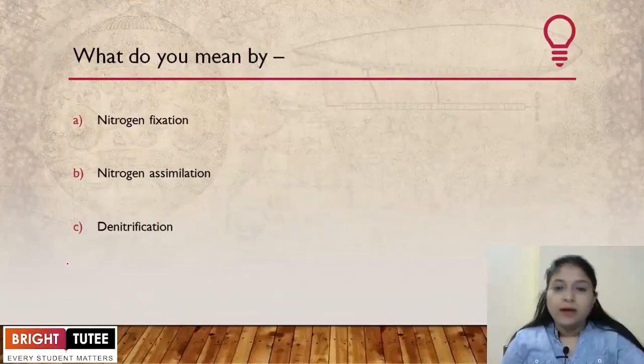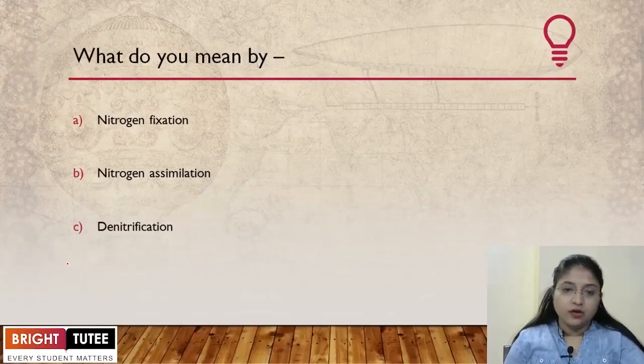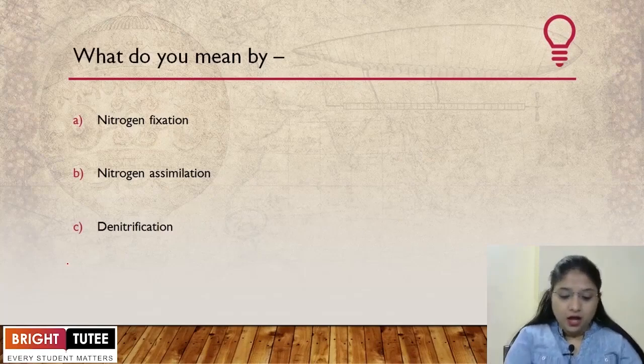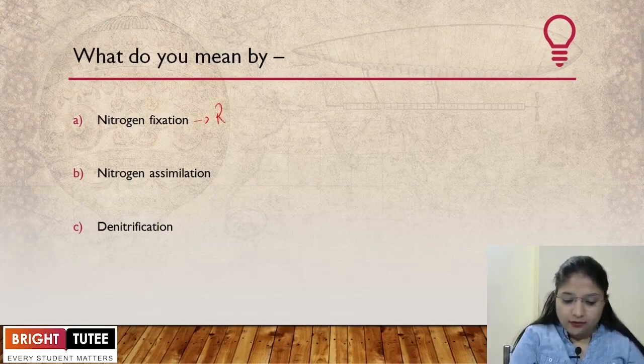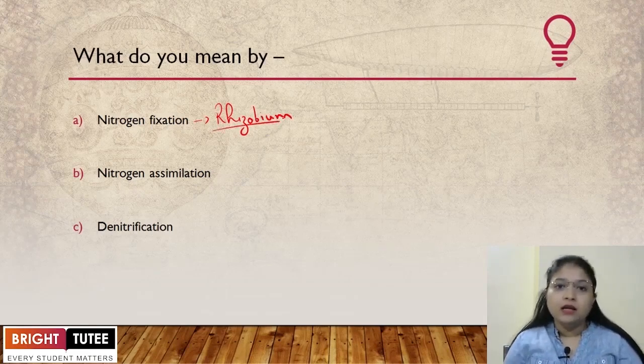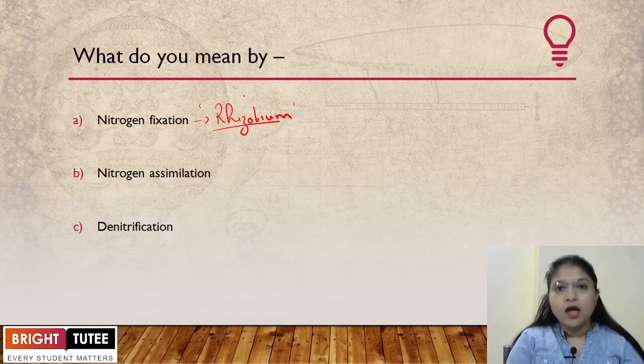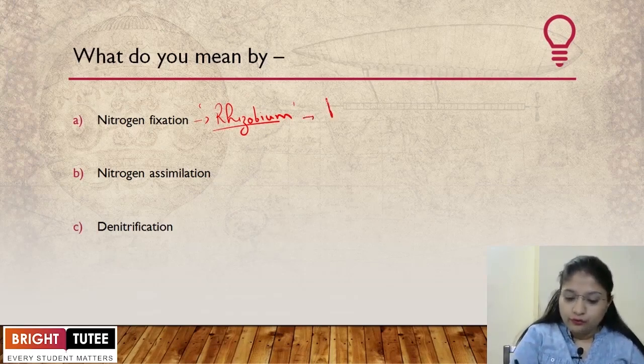What do you mean by nitrogen fixation? Basically, what do we understand by nitrogen fixation? This is a process performed by a certain kind of bacteria, like Rhizobium. This is a bacteria which lives with the leguminous plant in a symbiotic relationship. Bacteria like this one have the ability to fix the atmospheric